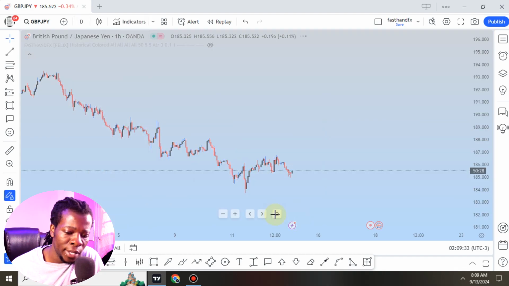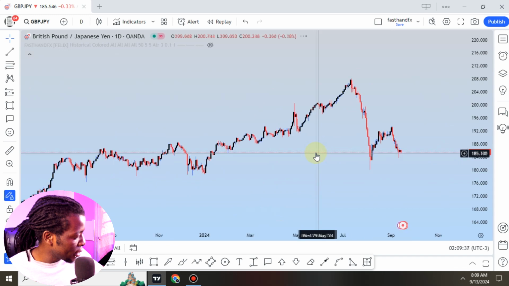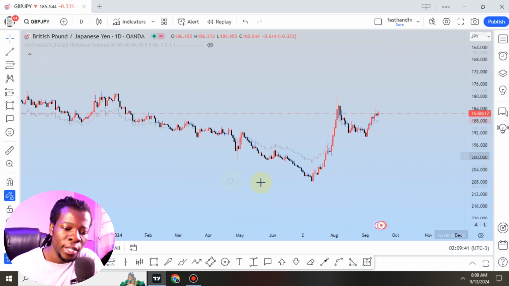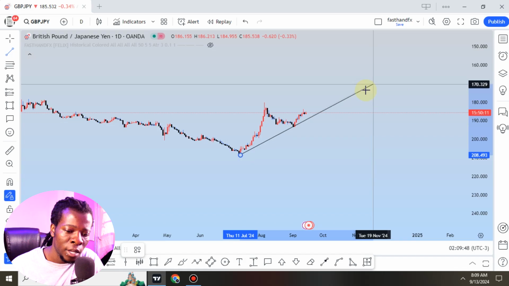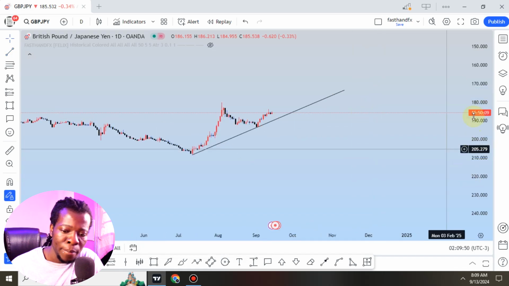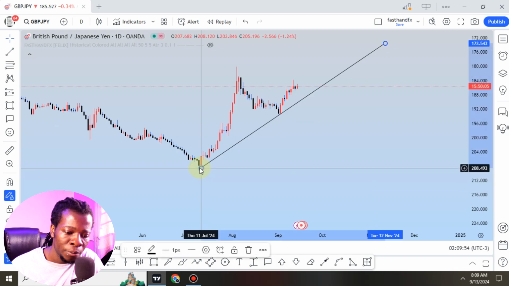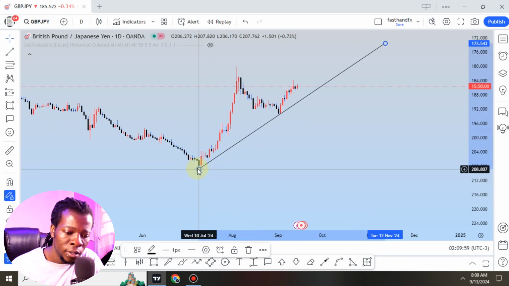Real quick, on the daily, we've seen GBP JPY, and anything that has JPY has been dropping because somehow the Japanese yen has really gained strength. So remember, flip my screen. One thing I should understand is that price was kind of creating a trend right there, because we already had two touches, 1, 2 right there. So let me just edit this